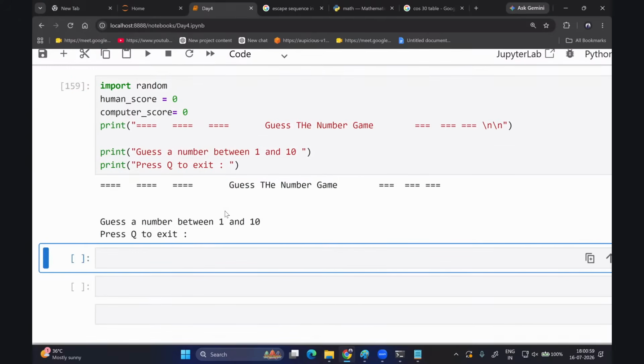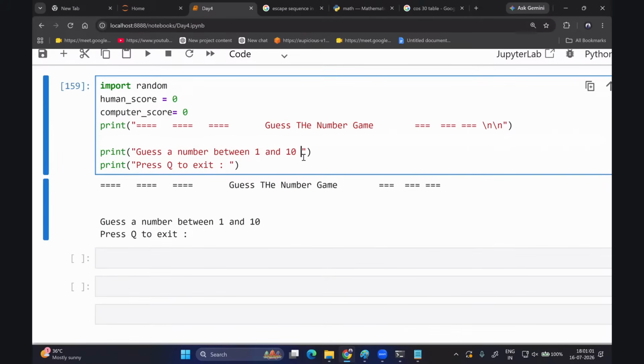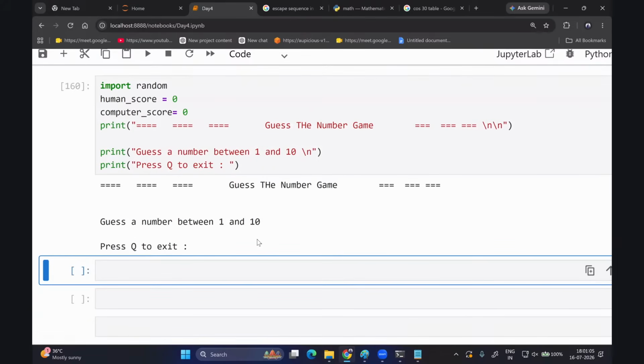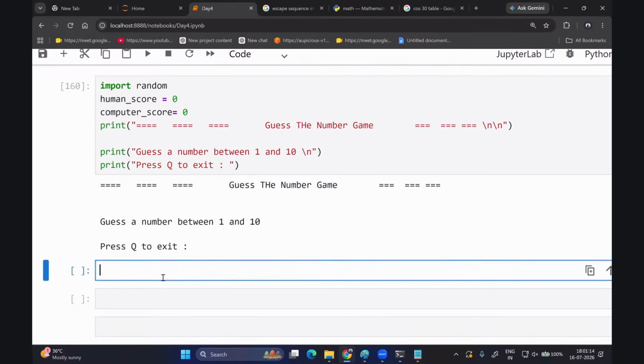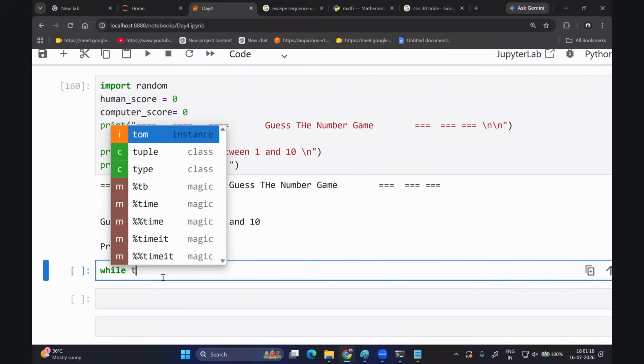Right. So two instructions from my side. \n adds a new line here in this case, right? So here we have printed two pieces of information, and if this is correct, I will run my while loop. So while the condition is true,